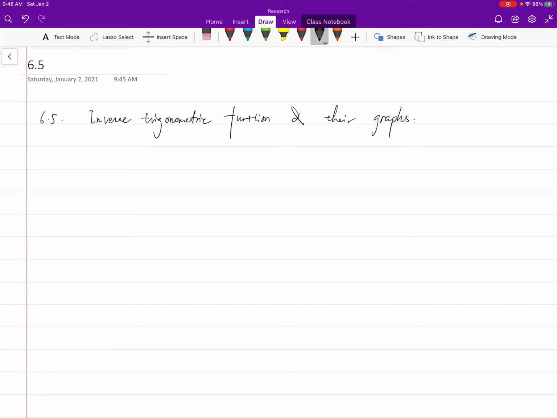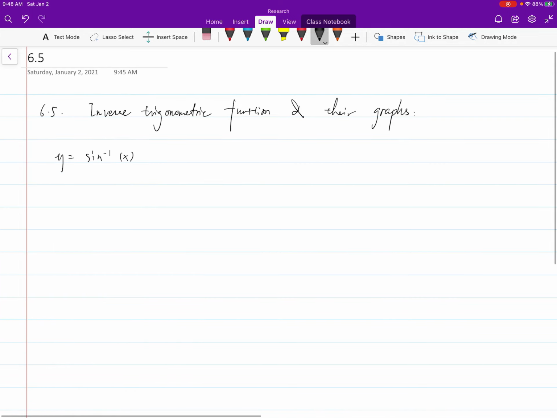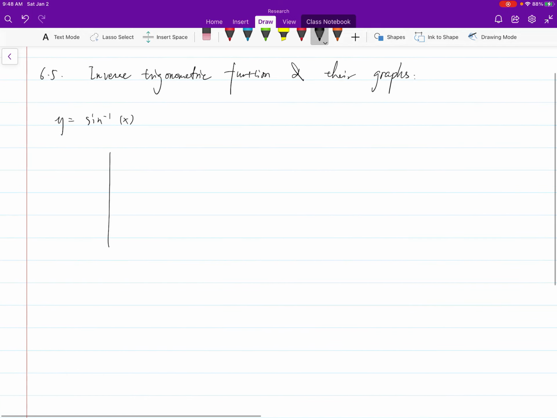All right, we have one section left, which is the definition of inverse trig functions and their graphs. Their graph is not important except for arctangent. We'll just briefly introduce them. But let's first talk about inverse trigonometric functions. We have done this before. We know it's sine inverse x